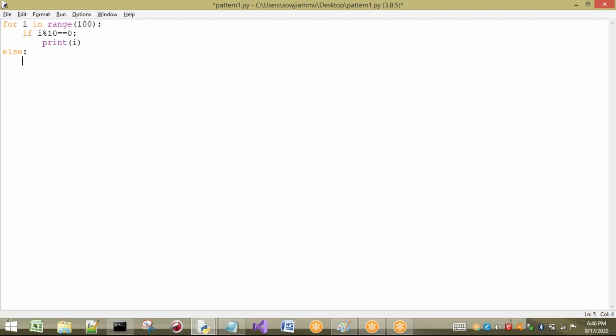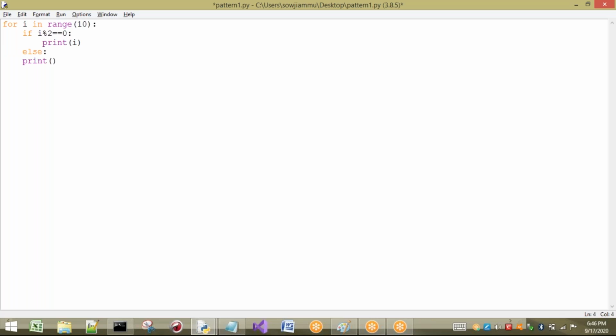For example, print. Here we have to understand, is this else for the if or for the for? If I write this else here, it will be for the if. If I write this else here, it is for the for. So what happens here? I will take a small example, I will just take 2 here, then you can understand.